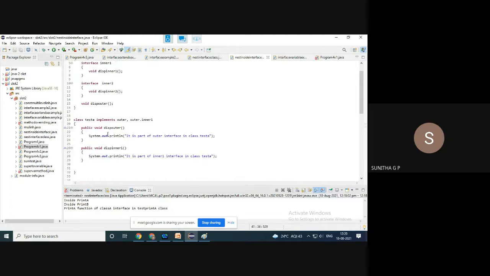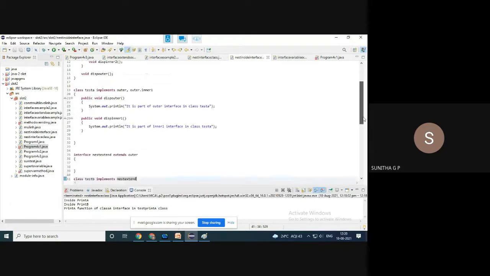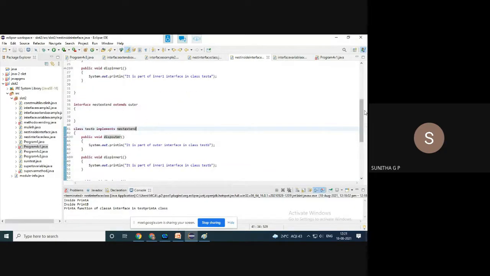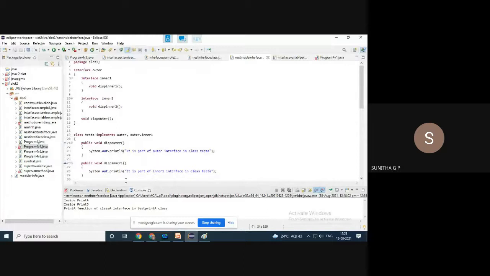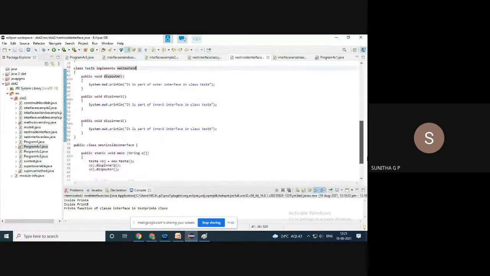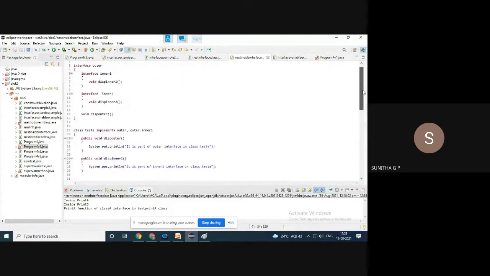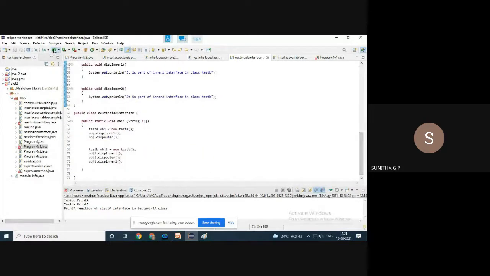Whenever you have taken this, you have to redefine this outer also and this inner one also. No need to have this inner two. When you have not implemented it, defining it is not required. That is why in this class I have not defined this function. So that is why I have taken that example. And here, only to show you this, forget about this. I have implemented this, test A. So go to the main. We have created a test A object and called dispinner one and dispouter. So whatever we have redefined here, you are going to get a message from those functions.